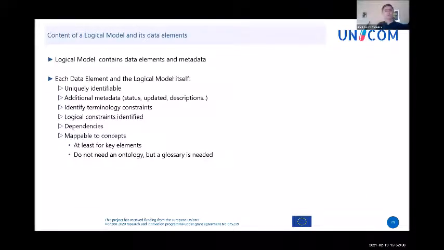And the next slide, please, Robert. Yeah. So the more detailed requirements are in the document, but what we reached is that the logical model contains data elements and additional metadata about the logical model itself. So things like